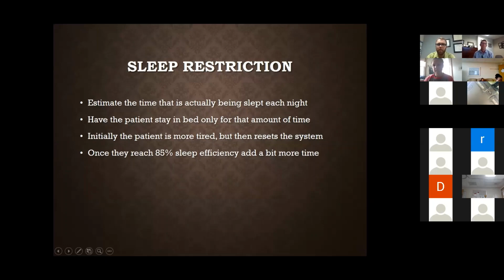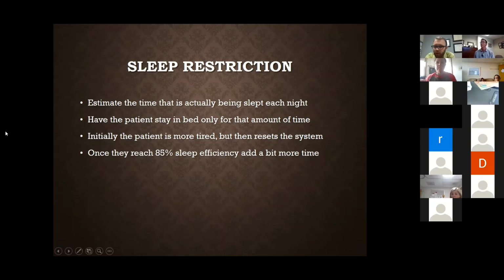But what this does is it forces your patient to get into a habit, because those first nights, they're not going to get 5 hours of sleep in that night. They're going to get 2 or 3 hours of sleep in that night. And then by the next night, they're going to be physically and mentally exhausted. And then they'll go to bed that night and maybe get 4 hours of sleep. And so over time, their body will get more efficient with the sleep-wake cycle.